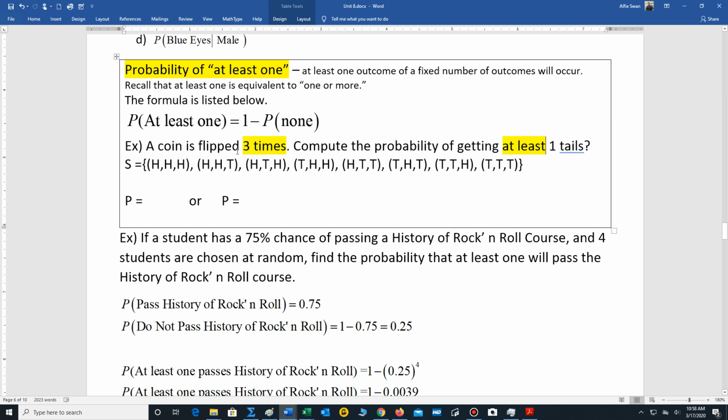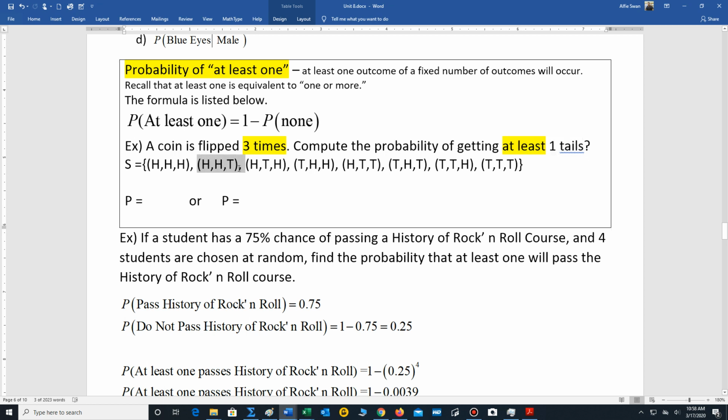Well, if we're flipping a coin 3 times, that means we're going to have 3 outcomes. So I've listed all the outcomes. You could have 3 heads, 2 heads and a tail, heads, tails, heads, etc. Altogether, there are 8 different outcomes. Now, when the question asks at least one, what that's saying is we have to have one or more tails. So let's go ahead and just count